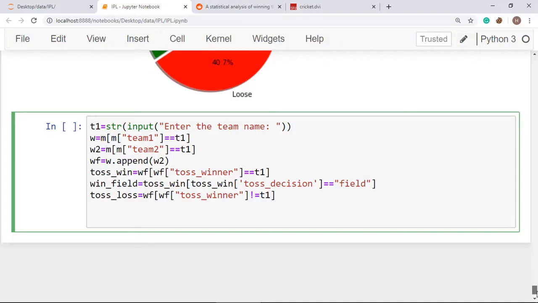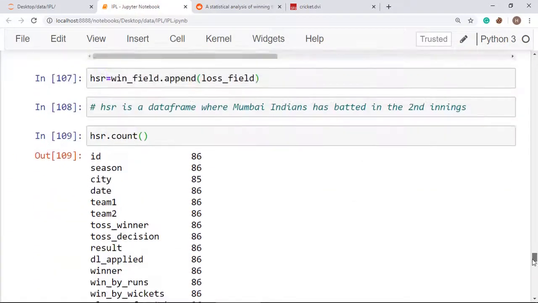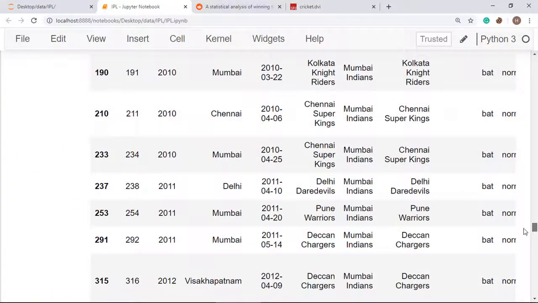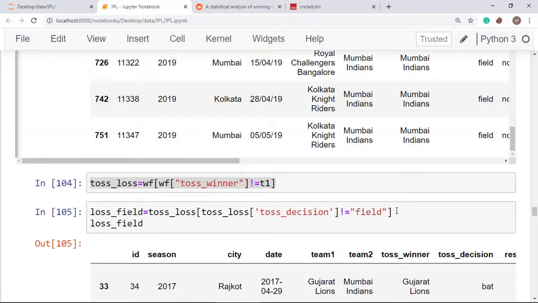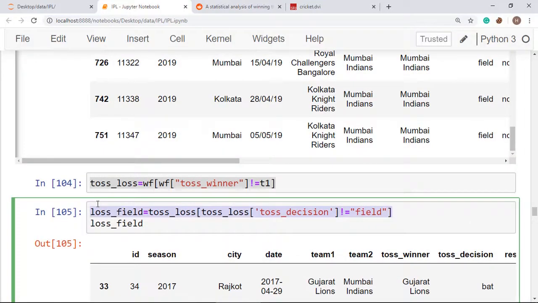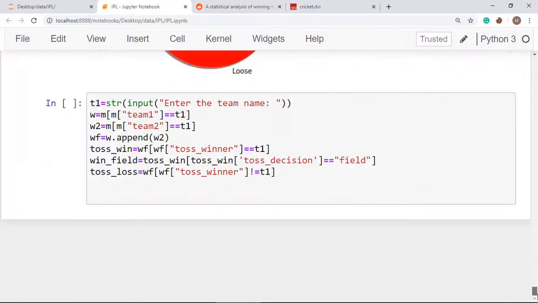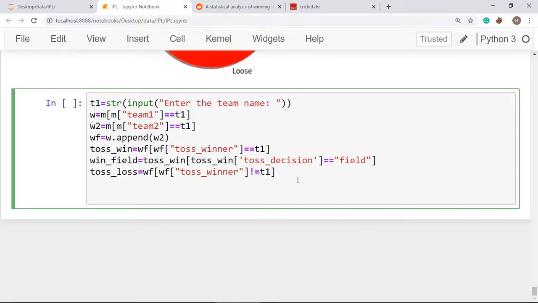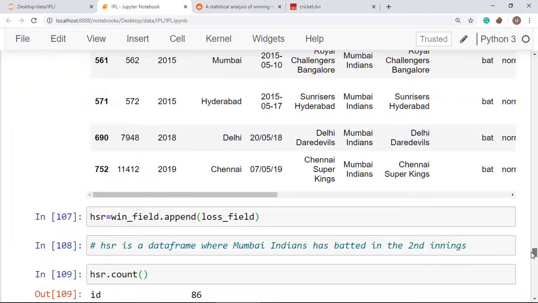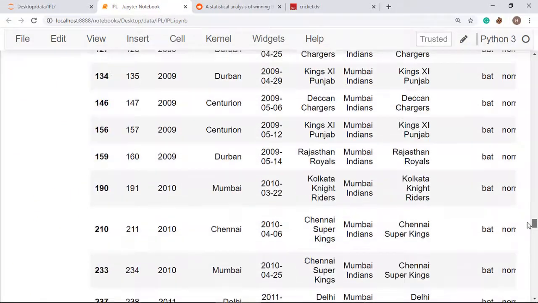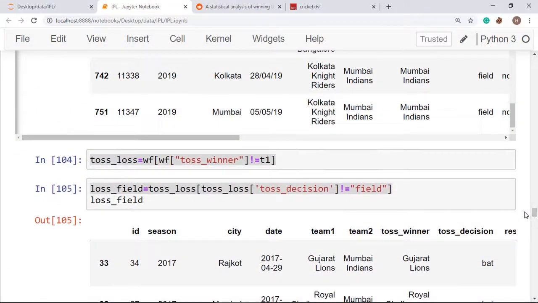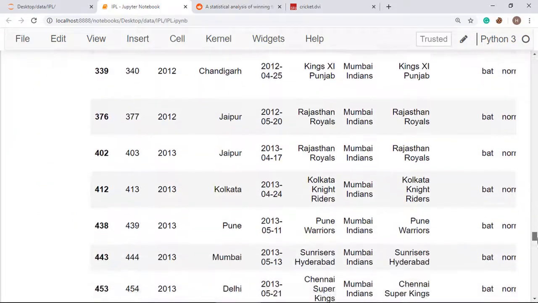Now toss loss, and then go for this one. Okay, loss field, and after that we will be merging all the things at a time. In this manner you can, here we have copied up to this.